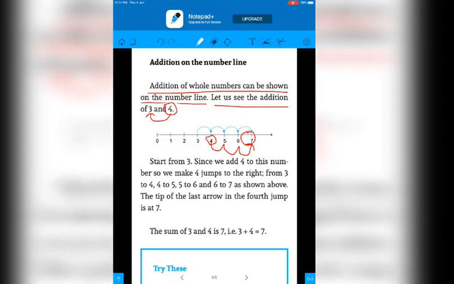The rest of the operations like subtraction, multiplication and division, if we see in this chapter, we will study in the next session. I hope you like the video. And one more thing, on the basis of these topics, I will be giving you exercises so you can practice at home.